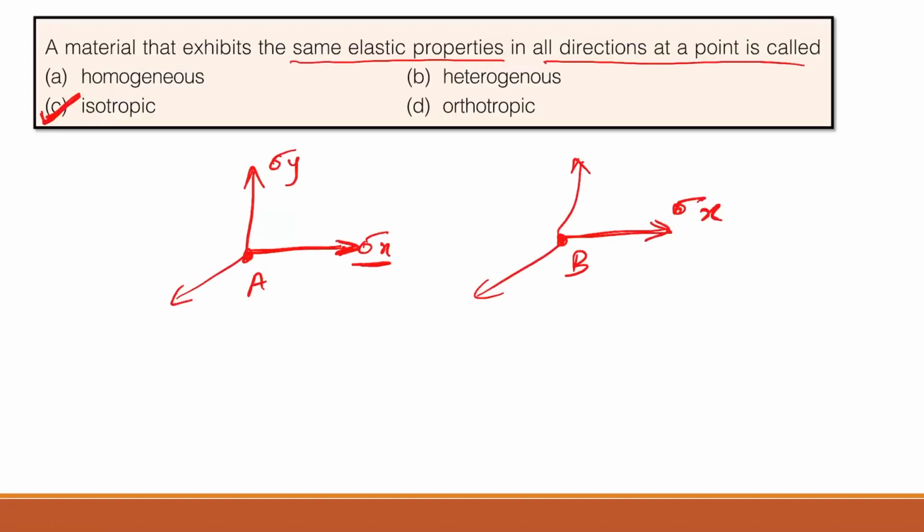Similarly, sigma y in y direction, sigma z in z direction. The same for both point A and point B, same properties in the same direction, so it is a homogeneous material.